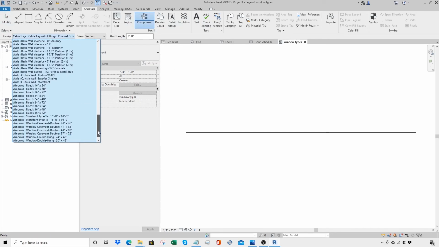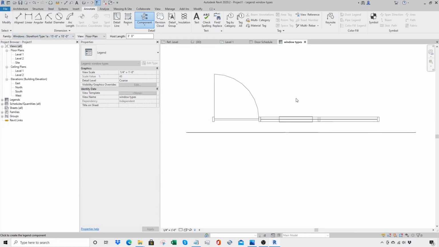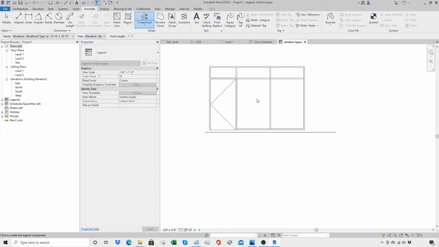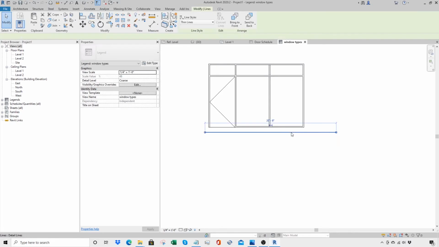We could grab storefront type A right there,